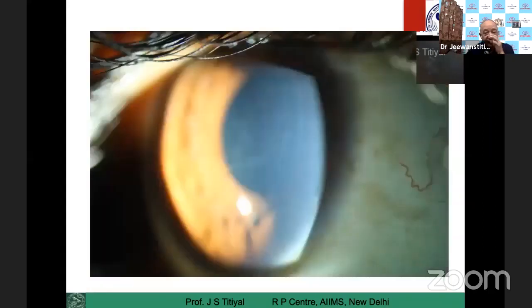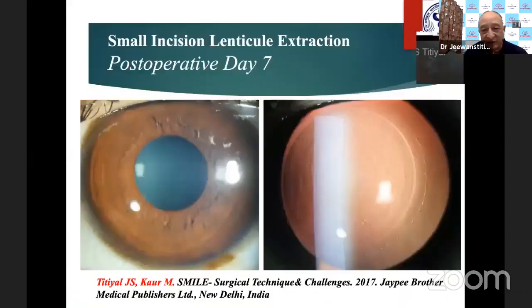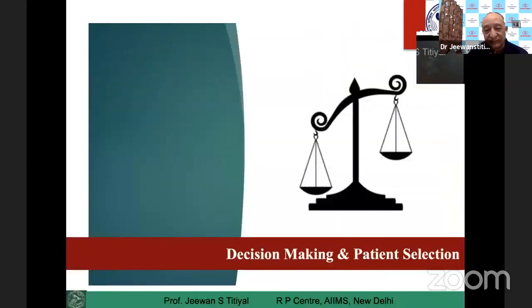While LASIK patients can have pain and irritation for the first 24 hours, and the outcome can be a little different in these cases. So this is after 1 week. You can see at 1 week also, a clear circle can be visible. But if you see retroillumination, there is a very smooth interface in these cases. This is the OCT picture, the same. So I have described the microkeratome and femtosecond based LASIK procedure and the SMILE technology, where we make a pocket and take out the lenticule based on the amount of refractive error.